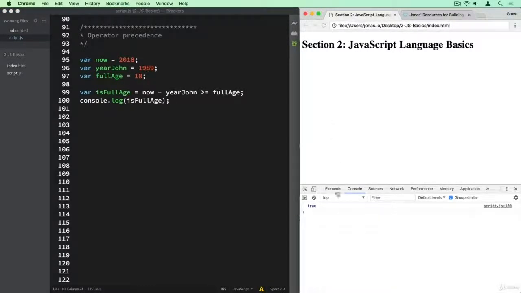Okay, so this actually returns true. And of course, John is of full age. So in 2018, born in 1989, he is 29. And so of course, he is of full age. Now, in order to figure out why this works here, we have to think about operator precedence, which means which